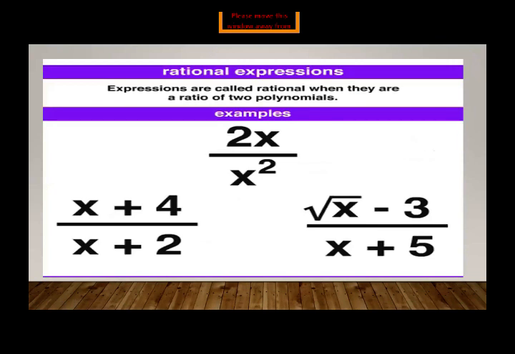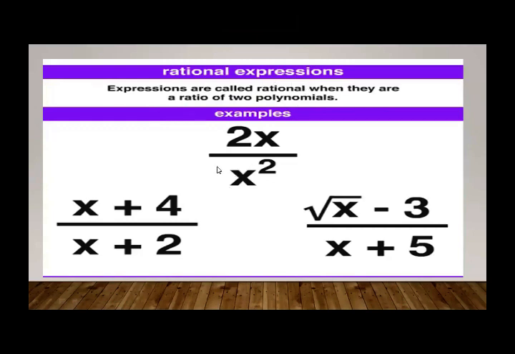Now irrational expression. We have learned rational expression, I am going to repeat that. What does rational expression mean? Rational expressions are those that are called rational when they are a ratio of two polynomials. It means we have two polynomials and these two polynomials are of the same nature. The ratio means when we have any two quantities of the same nature, we say they are given in a ratio. So when we observe that two polynomials are given and both have the same nature, we consider that we have a rational expression.